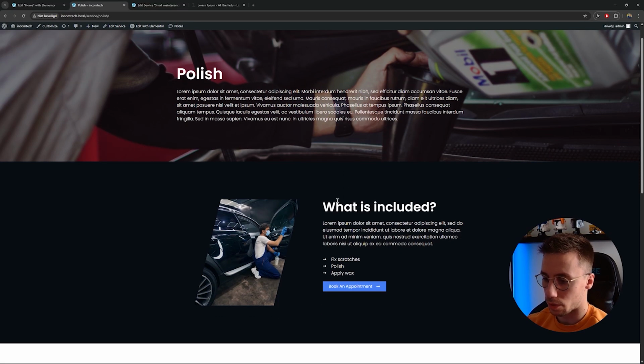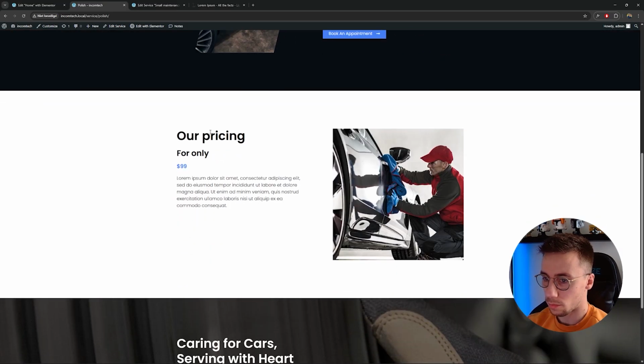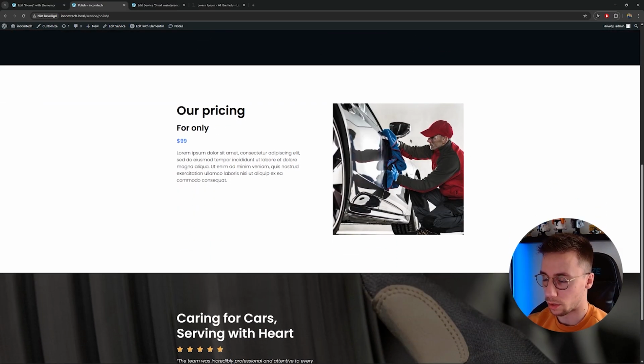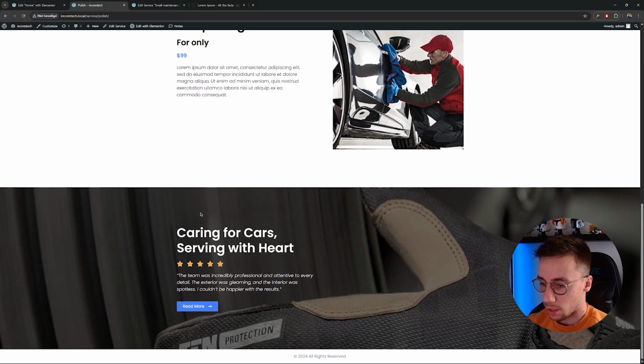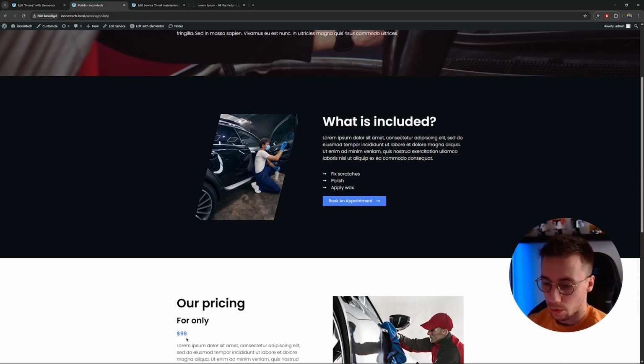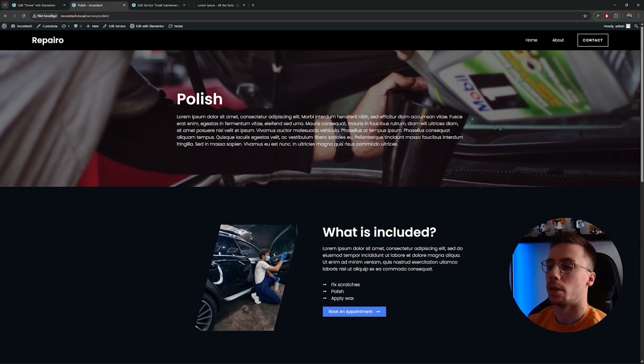There we go. What's included. And there we have our guy brushing, or yeah, the image. And that's it. And also our pricing. So everything is put in dynamically. So that is how you can add your custom post types in Elementor and in WordPress using Crocoblock or using